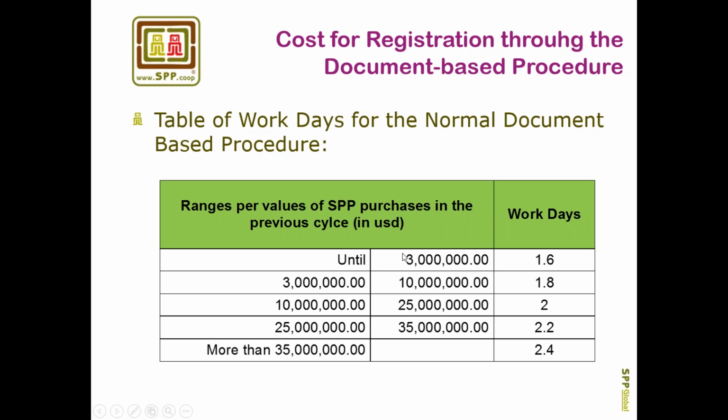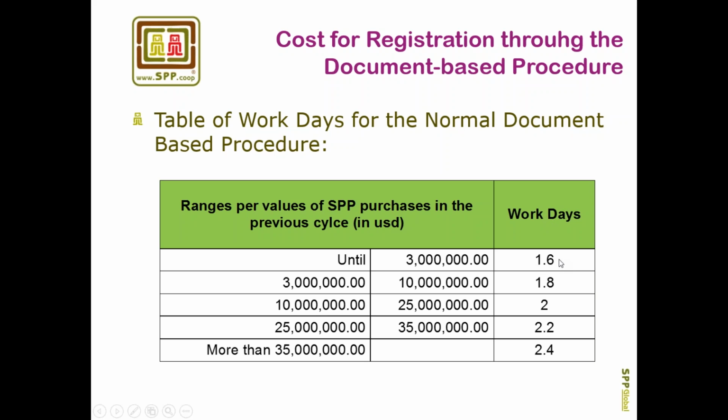It depends on the size of the company, or on the range of values of SPP purchases in the previous cycle. Until $3 million, it must be considered